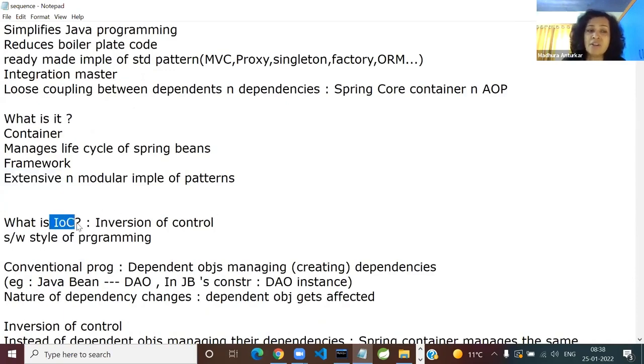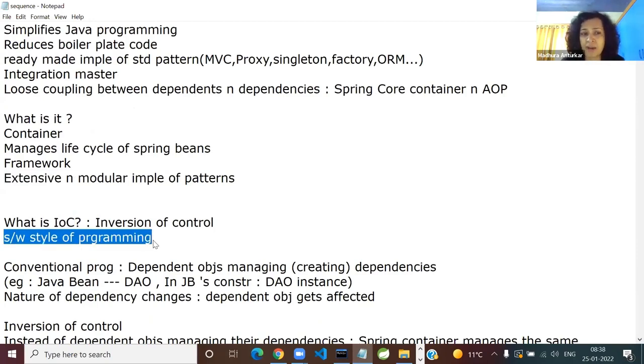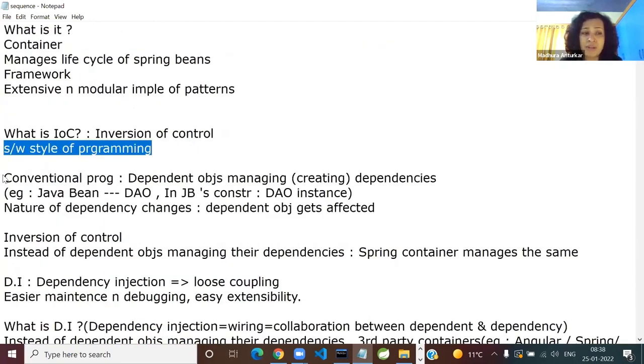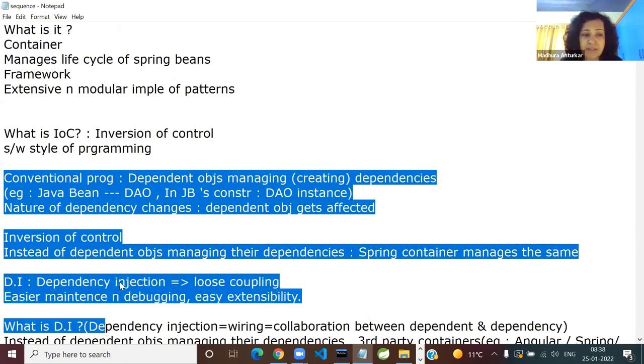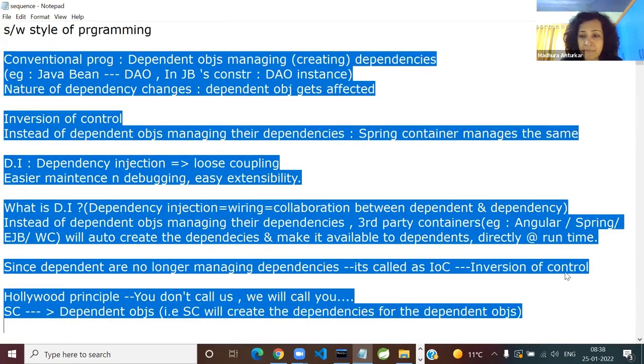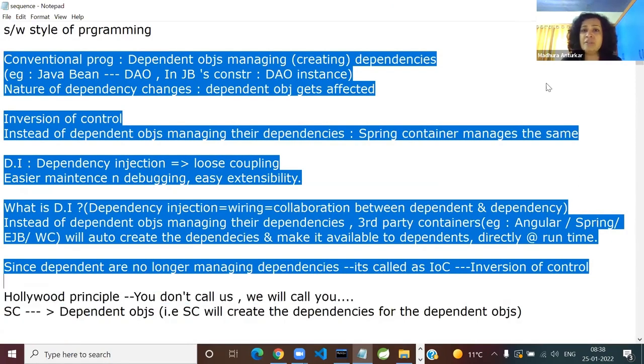So what is inversion of control or IOC? It is a software style. It's a style of programming. So you read this already. I've explained. Just a second. Read this much slowly and tell me whether you understood, with a diagram especially.